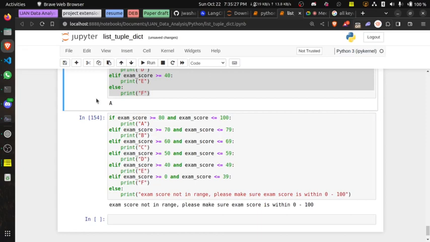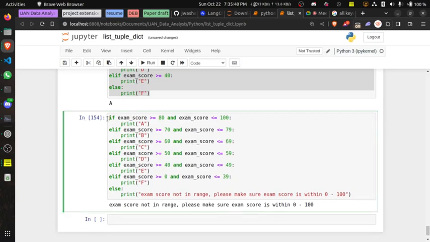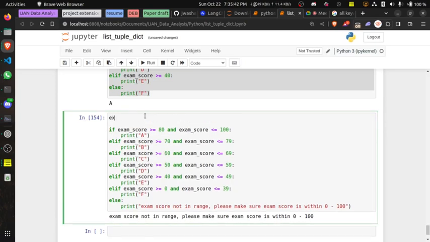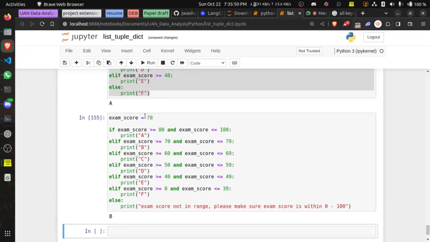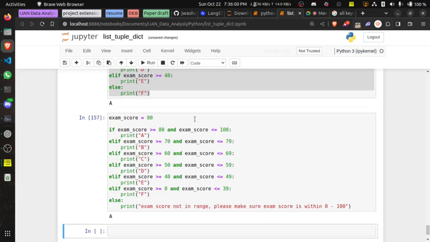So let me create a variable down here for exam score, so it's easier that way. In fact, we can even include it here. So just push this one down, then put exam score as a variable up here. You could say exam score is 78. You get a B because it falls within 70 to 79. If you put it at 79, you still get a B unless you are at 80, which says 80 to 100, right? That's when you have an A.